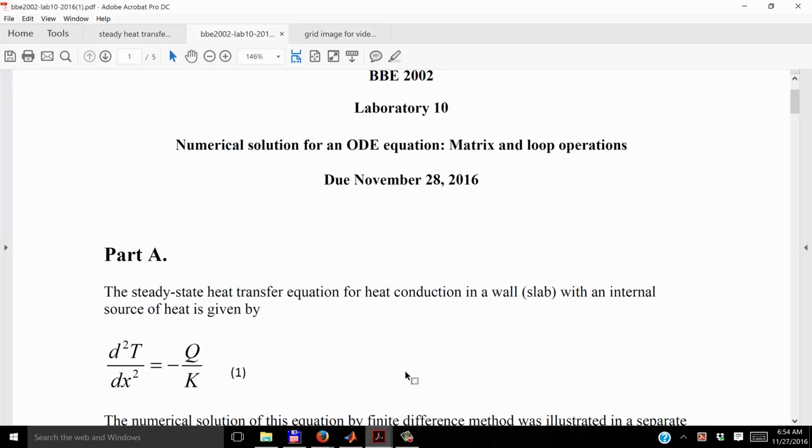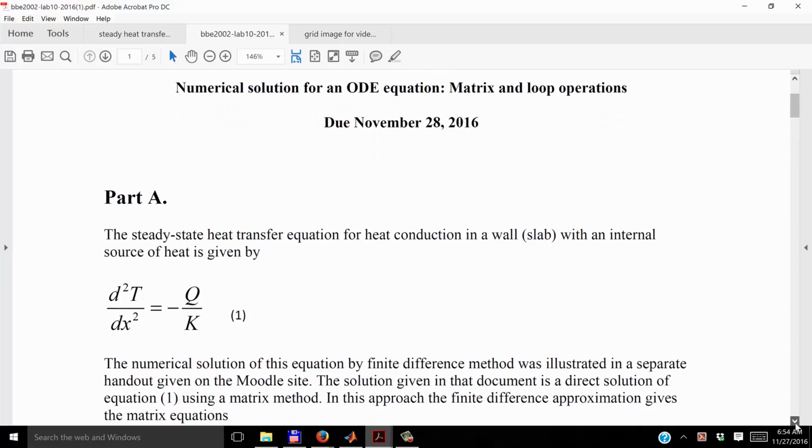I made this video to help with questions that came up in Lab 10 regarding how to solve Part A, or how to address Part A of the assignment. In Part A, we're trying to solve this equation 1 by a matrix method,